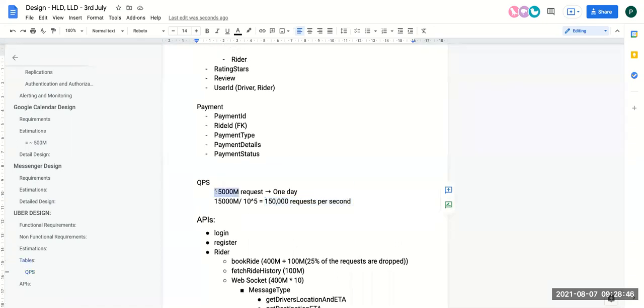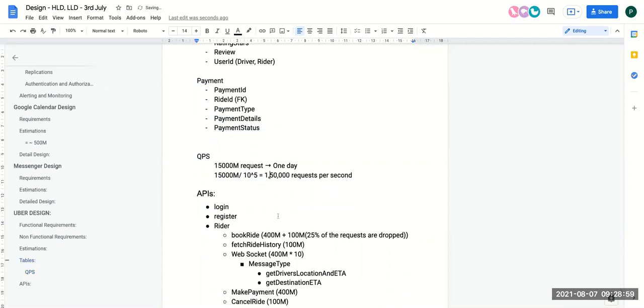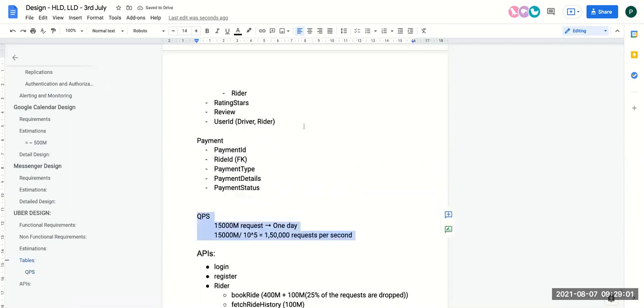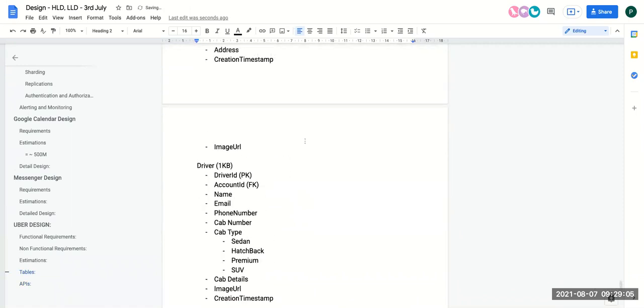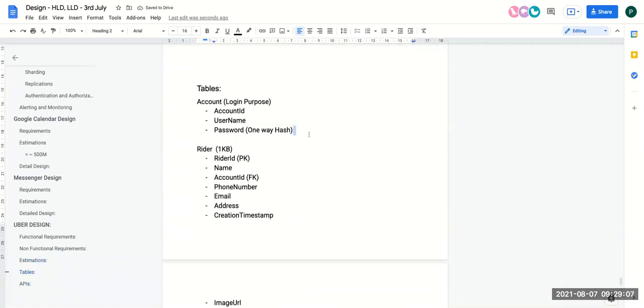See, we are saying 15,000 million requests per day, divided by 10 to the power 5. So 10 to the power 6 divided by 10 to the power 5 will be 10. So this will become 150,000 requests per second. This is the volume which you have to handle in case of, sorry, not Twitter, Uber design.